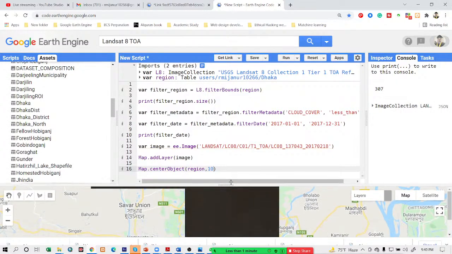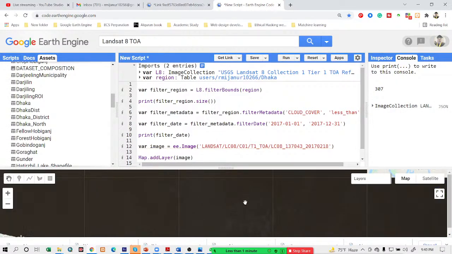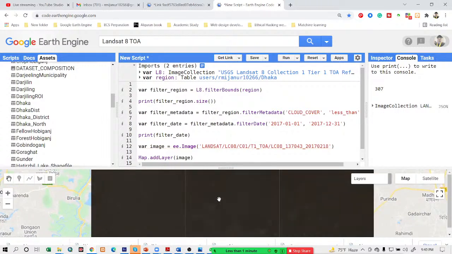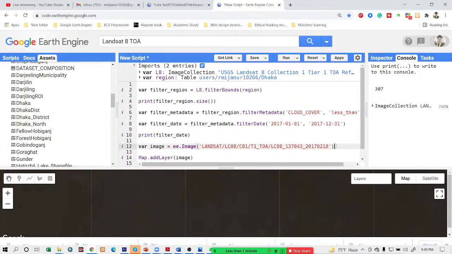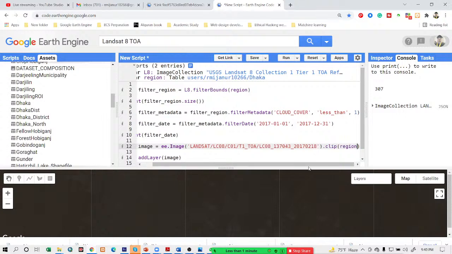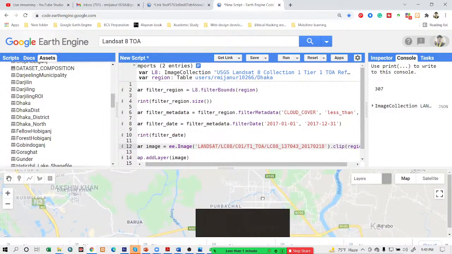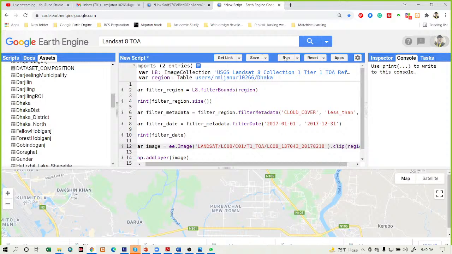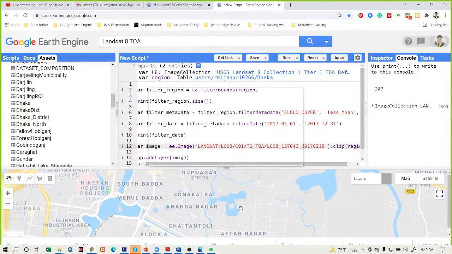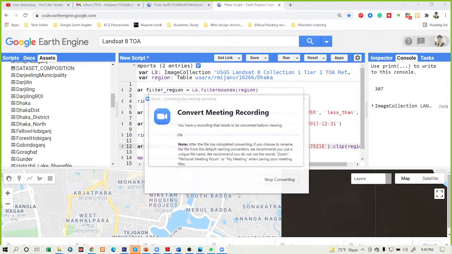You can see it intersecting with our region, but it's not clipped to our shapefile because we haven't used the clip function. I simply use the clip function and then use the region here. This is my shapefile. Okay, I use this and click run. So now you can see this image is the